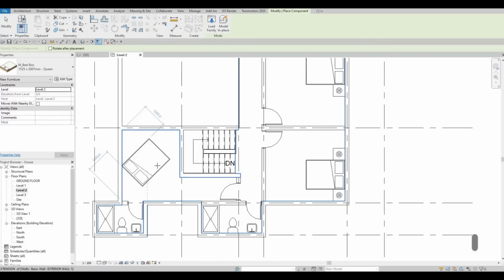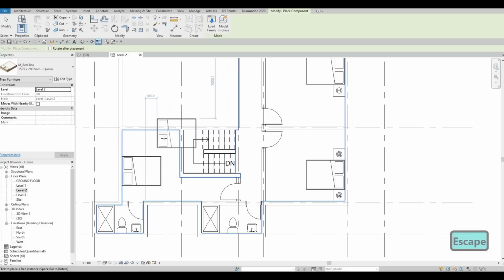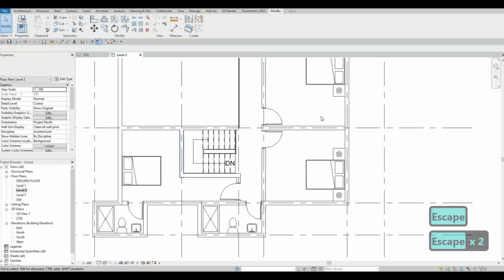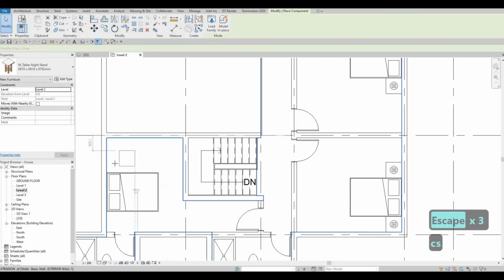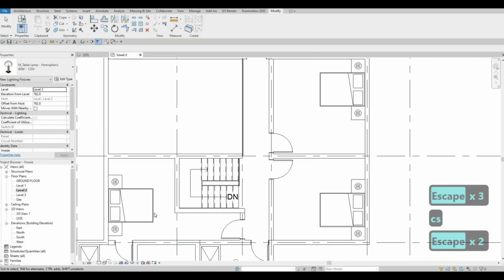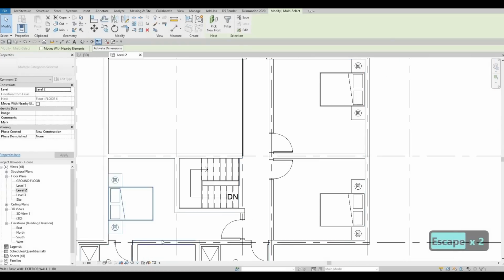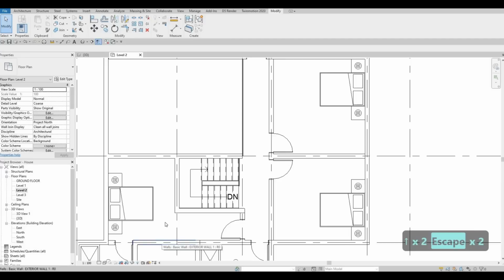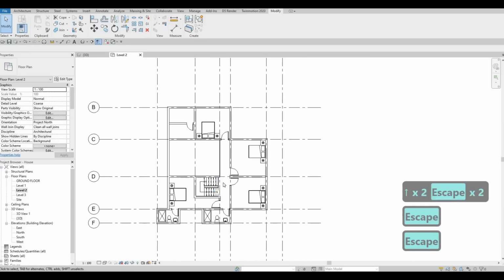So for this, what we could do is add in the bed. So I want to add the bed first right here, and we will add in basically the closet on that side as well. And then let's move this one all the way right here just to give it some space. And then after that,